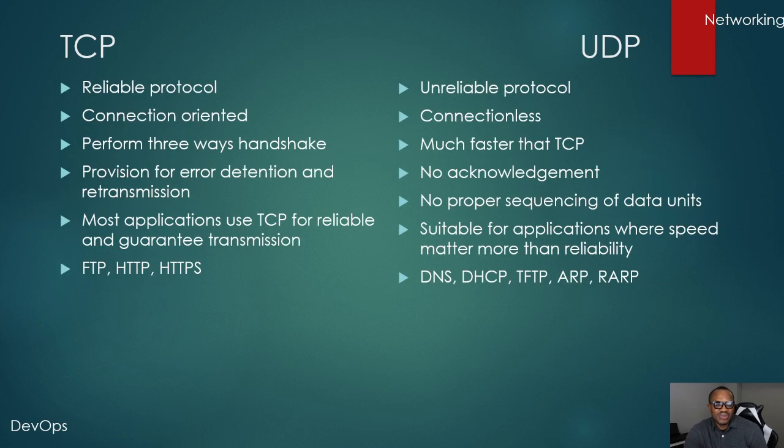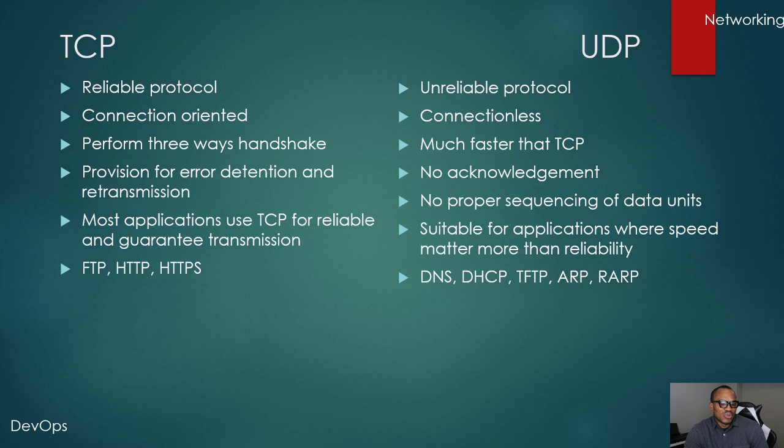Let's look at some differences between the TCP and UDP protocols. TCP is reliable, UDP is not reliable. TCP is connection-oriented, UDP is connectionless. TCP performs a three-way handshake. UDP does not perform a three-way handshake. UDP is a much faster protocol, and TCP provides error detection and retransmission, and there is no acknowledgement in UDP,